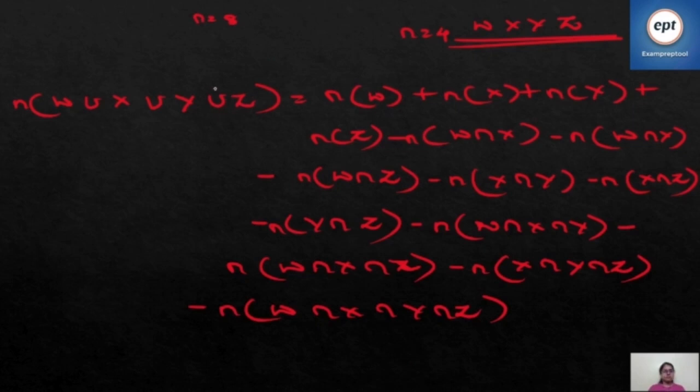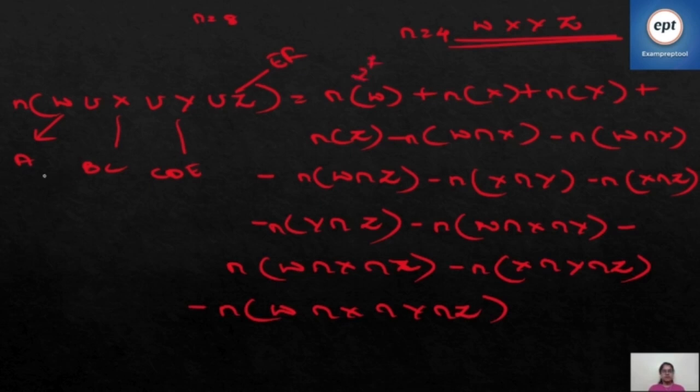So in our case, for W we have A, for X we have BC, for Y we have C, D, E, and for Z we have E and F. So what we will take is 2 to the power, and this will get subtracted by 1, because here the candidate key is A. So 8 minus 1 is 7. So that's why here 2 to the power 7 will be there, plus